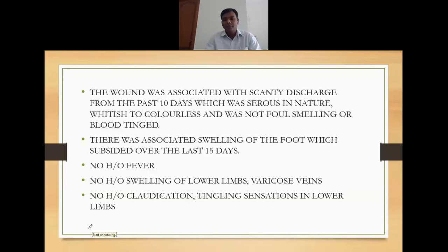He will associate with so many things. If you ask for a chronic ulcer history, he will tell you, when I went to my son's marriage, this happened. According to the rules, you have to write in the patient's own words. You are not going to write that the patient went to his son's marriage and it was associated with something. Though we are telling everybody to use the patient's own words, you usually do not do that. You smartly edit some things and put them in simpler language rather than medical language, but you are not really using the patient's own language.